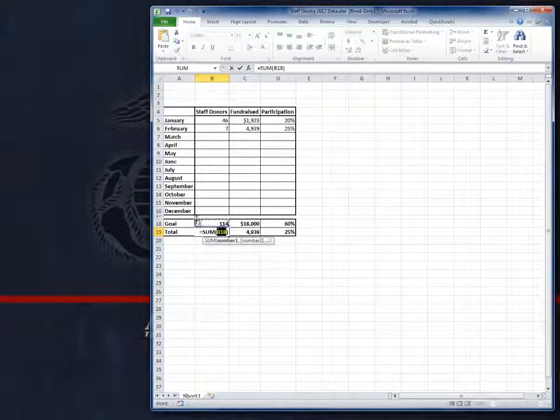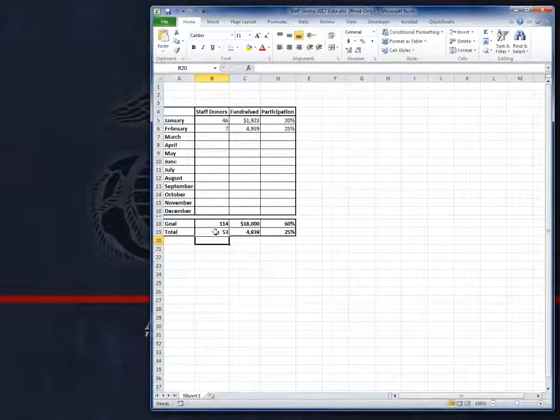With the auto sum feature, we can either just use our cursor and highlight the cells that we want, which is what I did there, or we can select the range by moving the highlighted box, the box that's highlighted with the marquee. I just used the cursor method to select the cells to include in our sum. I press enter. Now whenever we enter our differential numbers for March, April, May, etc., it will automatically